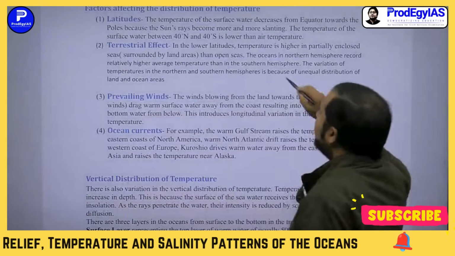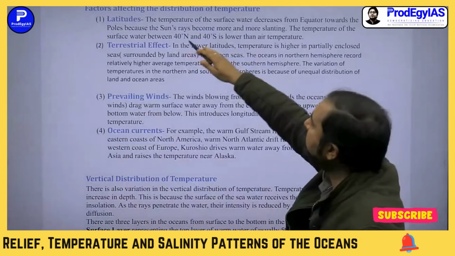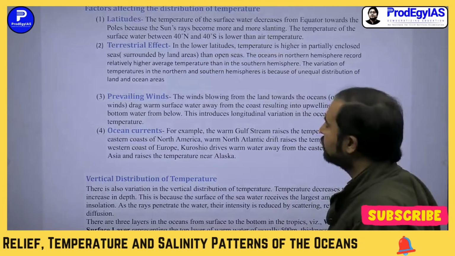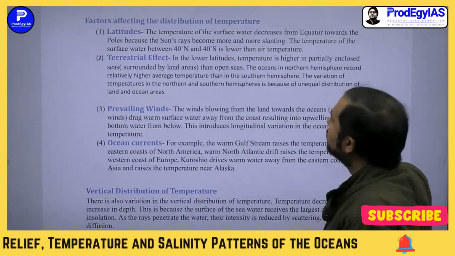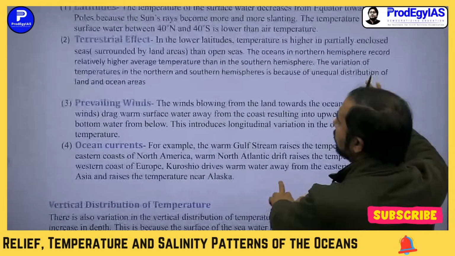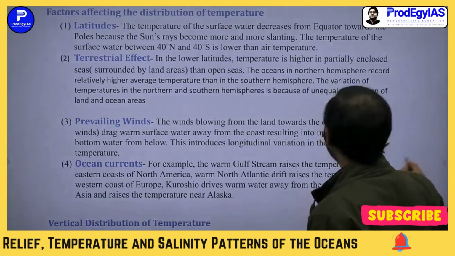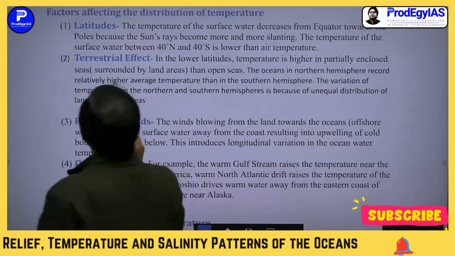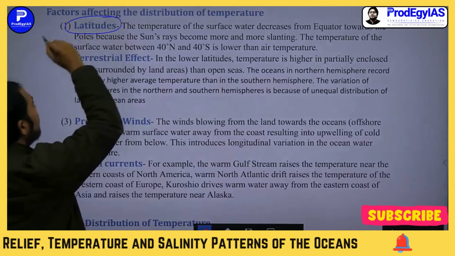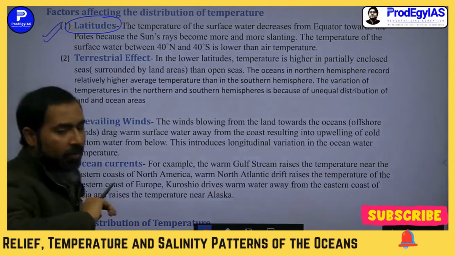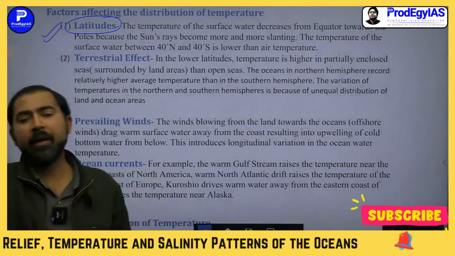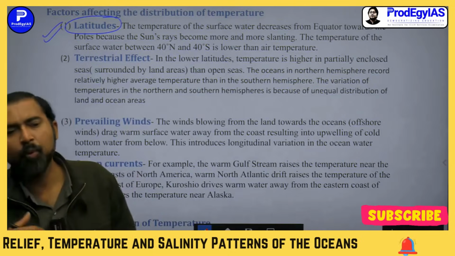You should understand these factors, like factors affecting the distribution of temperature in the oceanic areas. First and foremost factor is latitude. As you know, if any part of the ocean is in higher latitudes, like in polar areas,